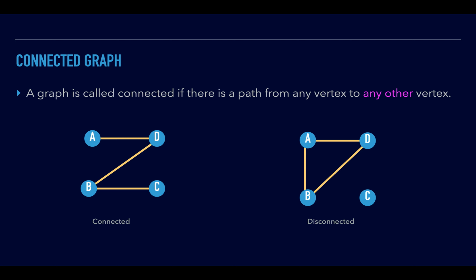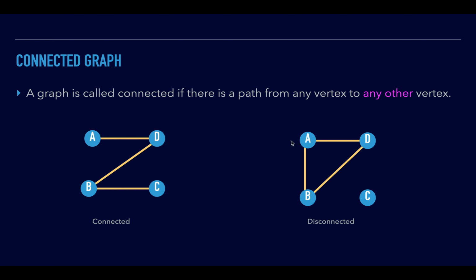Next one is the idea of a connected graph. The idea of a connected graph is if I can have a path from any node to any other node, then that graph is called a connected graph. Suppose I have a node here, C, and I'm looking at whether I can find a path from C to A. Then you can go from C to B, then B to D, then D to A. So that is a path from C to A. So this entire graph is a connected graph.